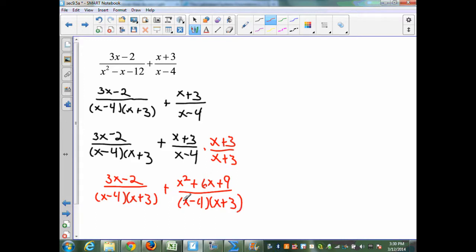I can write that all over the common denominator, which is (x minus 4)(x plus 3),